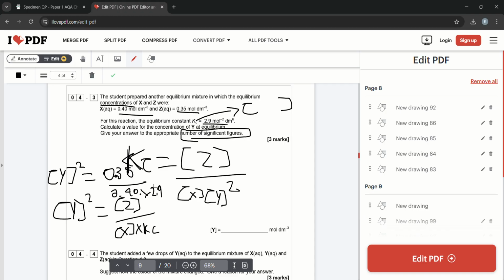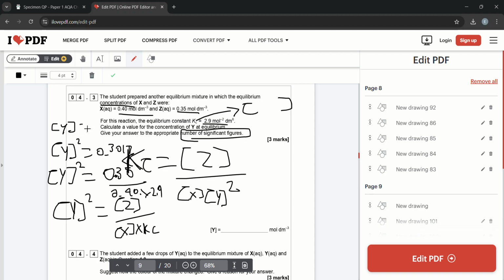So I get Y squared is 0.35 over 0.40 times by 2.9. I get Y squared equilibrium concentration is 0.3017, etc, etc. So now we need to square root it, and I get Y is equal to,